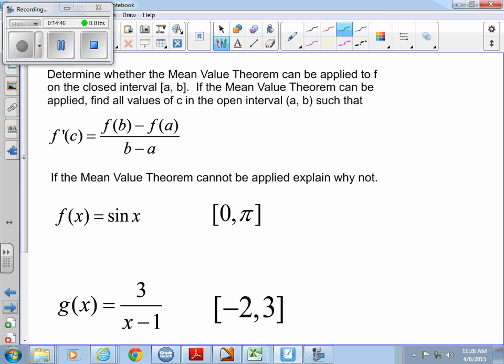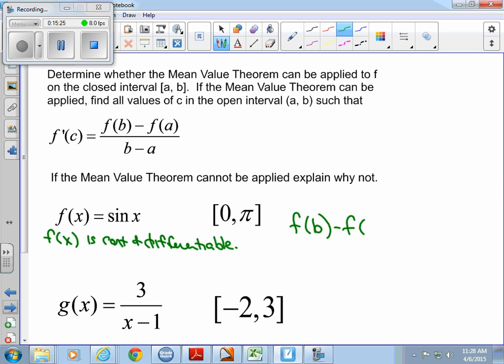So to see if the mean value theorem applies, all I have to know is: is the function continuous, and is it differentiable? Is sine of x continuous? Is it differentiable? Yes. Sine has no holes or asymptotes, and cosine has no holes or asymptotes. So it's continuous and differentiable. Mental note that. So the mean value theorem does apply, which means